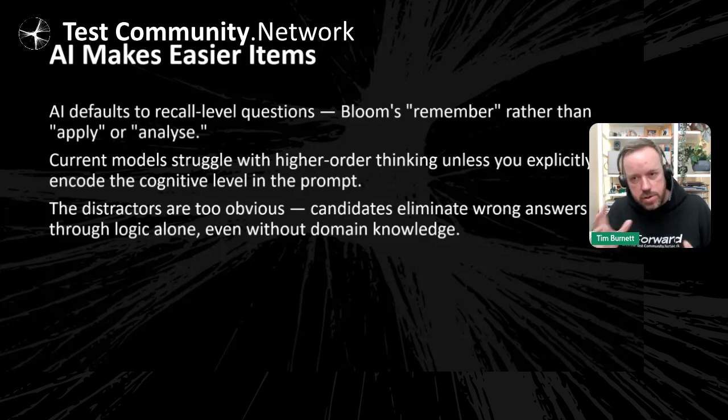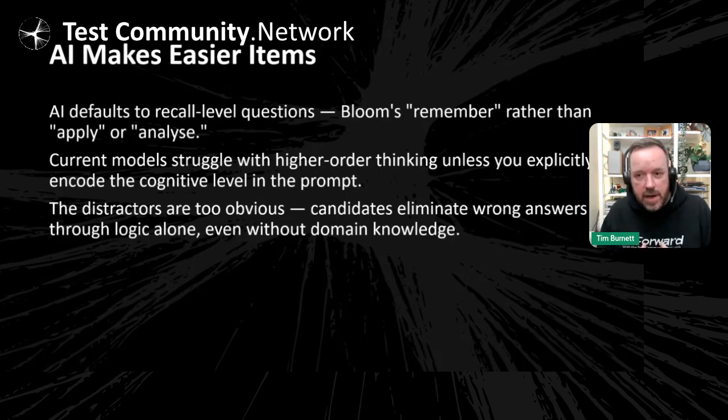The current models do struggle a little bit with higher order thinking, and I think a lot of that comes down to the prompting, but also whether you're using a reasoning model. So we'll look at this, but the ChatGPT free tier, which 95% of the population are using, with 900 million weekly active users, doesn't give you reasoning capability in its responses. Another example: Grok uses web search as part of that, but on the free tier you only get so many web searches. So after a while, if you're creating lots of items using Grok on the free tier, it might look good at the start, but you're going to lose that feature and have to stump up some cash, and people sometimes just don't do that if they're doing it as a kind of shadow item.